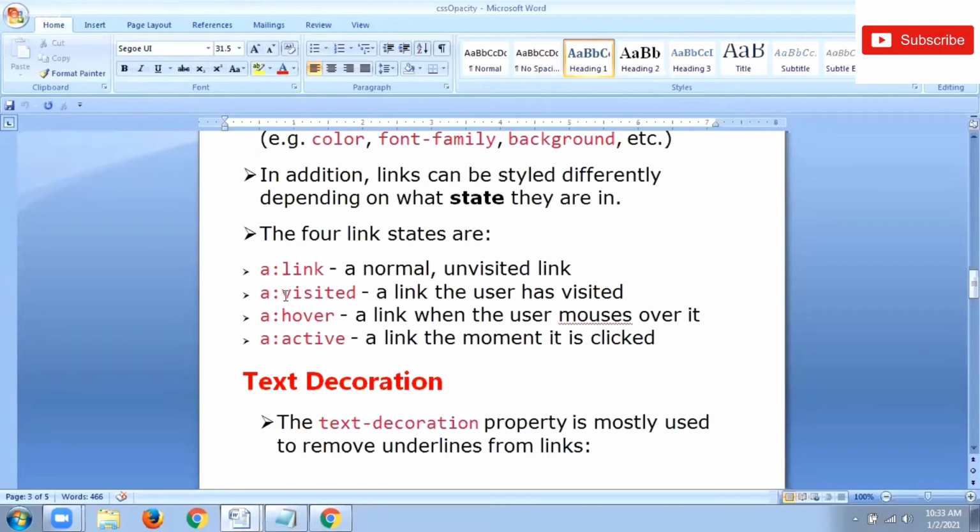Then moving on to a:visited. The name itself specifies that the user has already visited the link. Then a:hover. This property specifies a link when the user mouses over it, nothing but when you put your mouse cursor over the link.